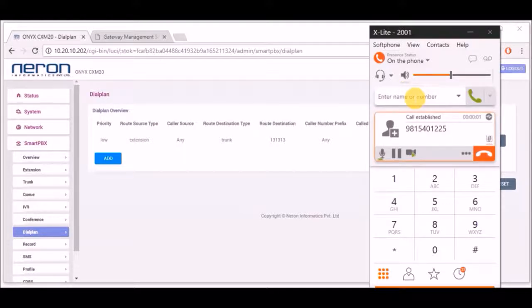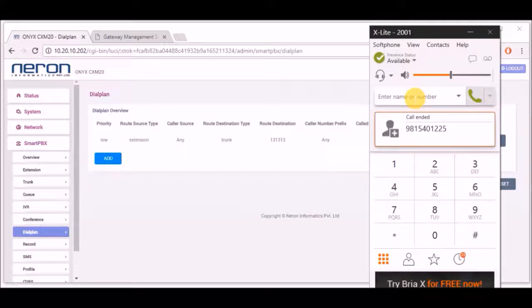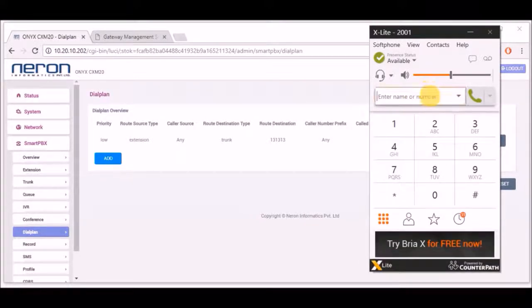As you can see, call is established. I've disconnected the call, so it is successfully done.